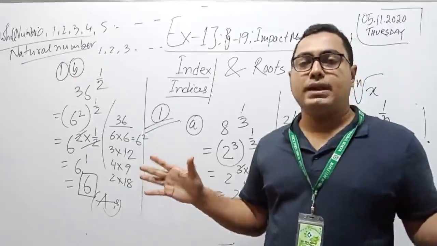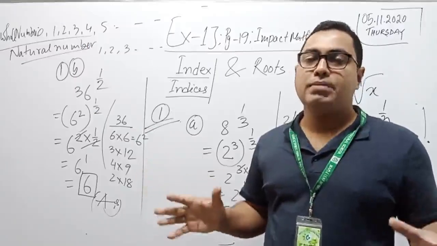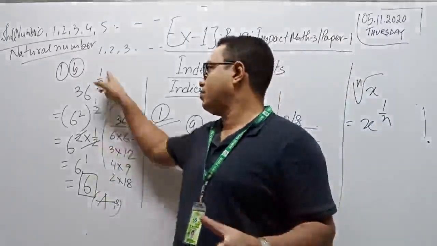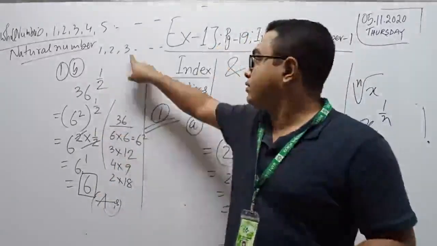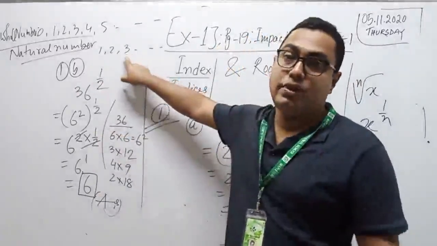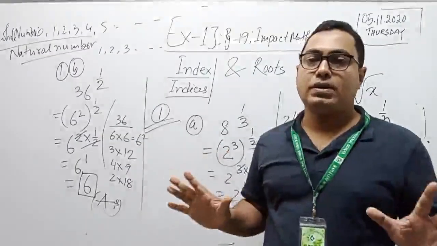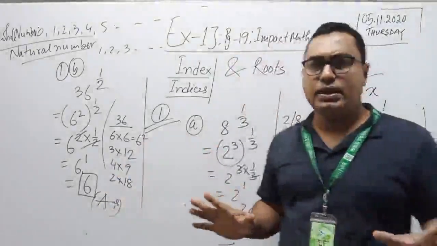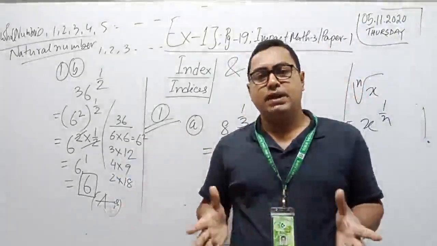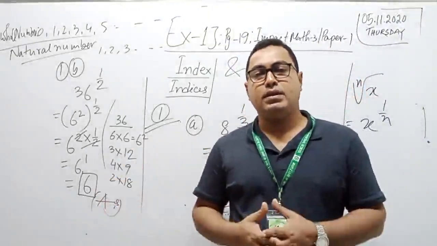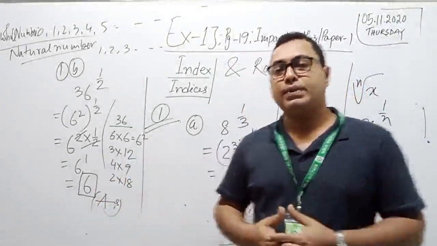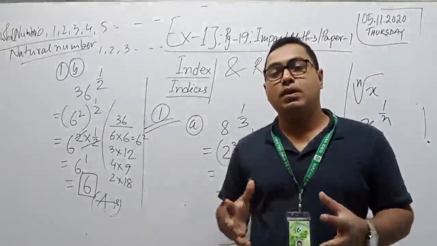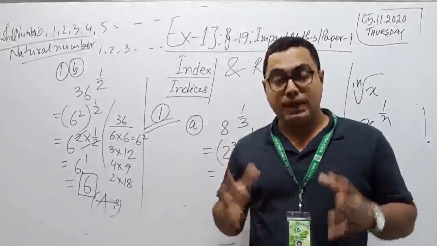And sometimes I call a rational number. A rational number is a number which can be written as a by b. Suppose 1 by 2. And 3 can also be written as 3 by 1. So this is called rational number. So these are the numbers. Square root of 2 is called irrational number, where the decimal is unlimited and not repeating, like this way. And all the numbers I discussed are called real numbers.